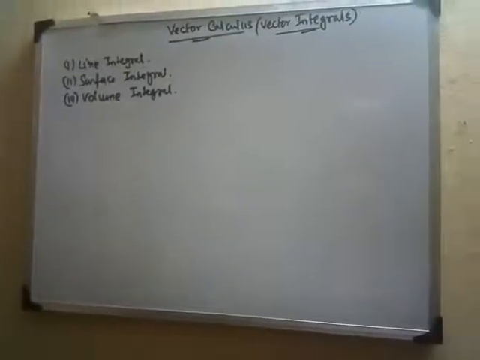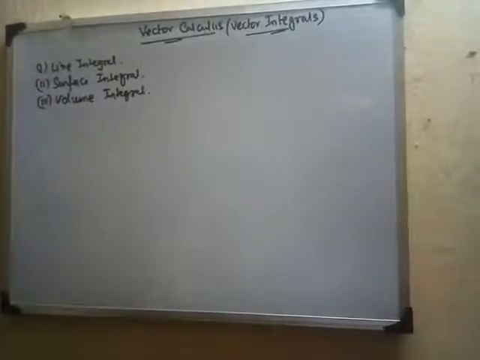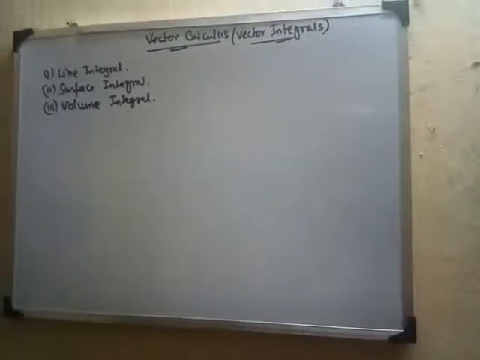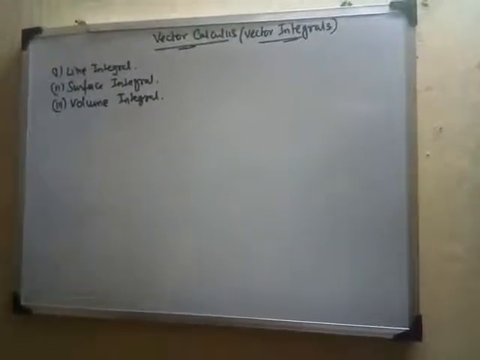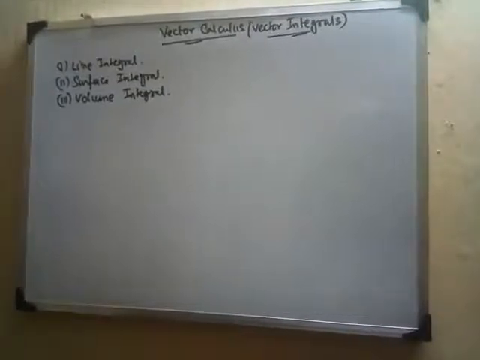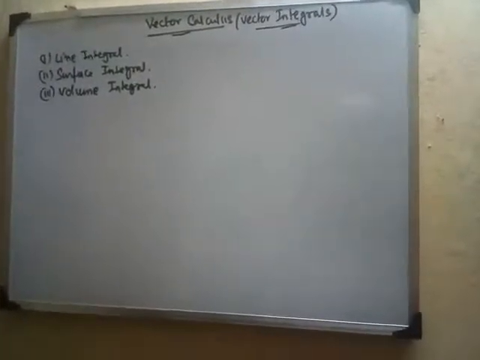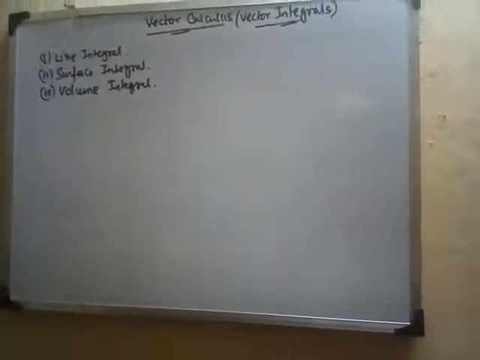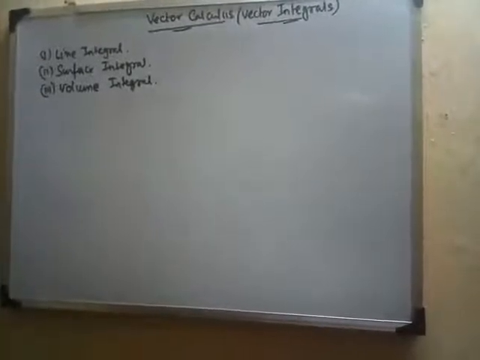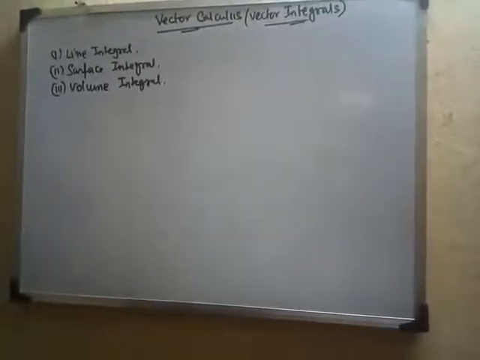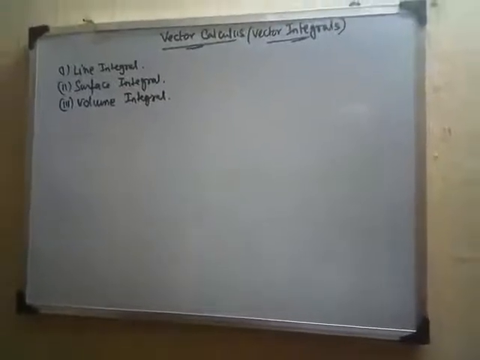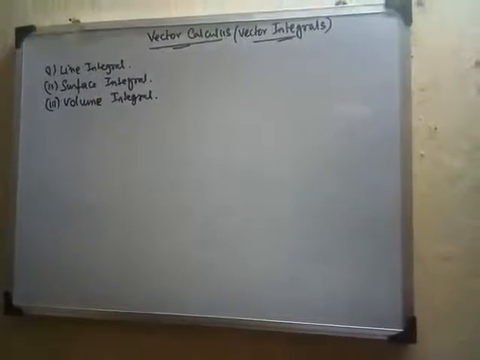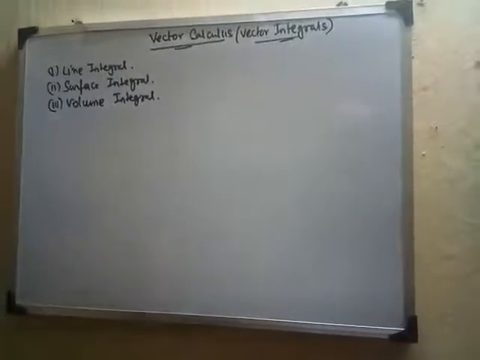So for the line integral, as you can see, this line integral is basically for any kind of line, straight line or any bent line. In any kind of lines we will use line integrals to evaluate, and in surface integrals we will use a simple surface like a page of a paper. And in volume it is a three-dimensional figure, it can be a cube, it can be a sphere, it can be a cylinder, any kind of volume that we actually face in real life, that will be used for calculations of volume integrals.